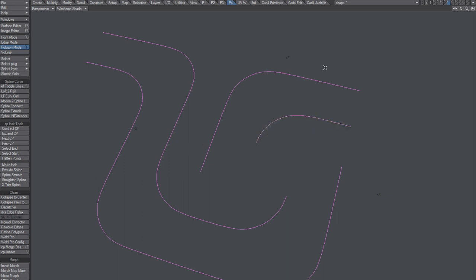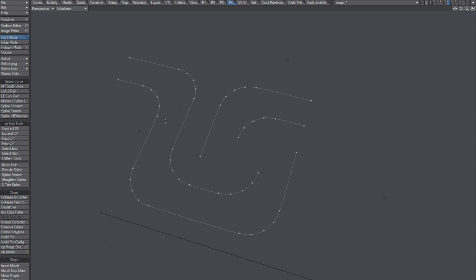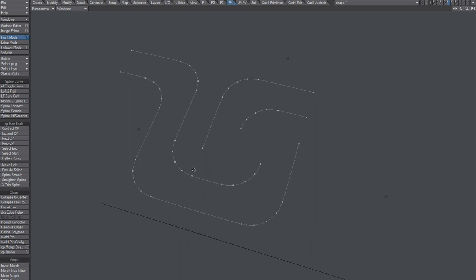Trim spline, so just select, usually you can just go like that and delete, and you might want to do that, but this trim spline, you can select this one, for example, and say trim spline. The kind of bad thing about that, I guess, is that